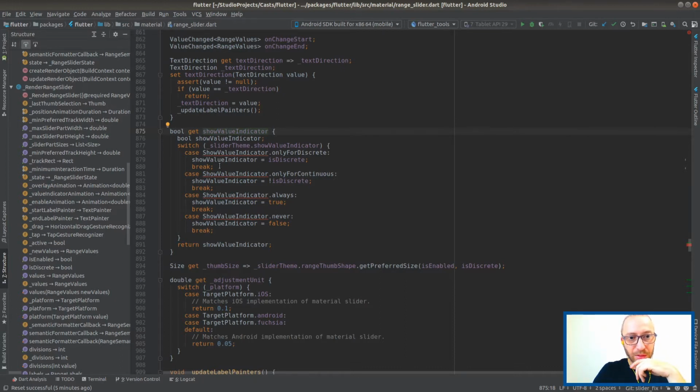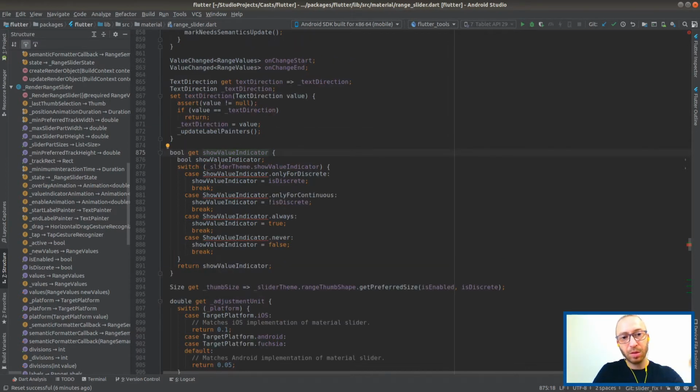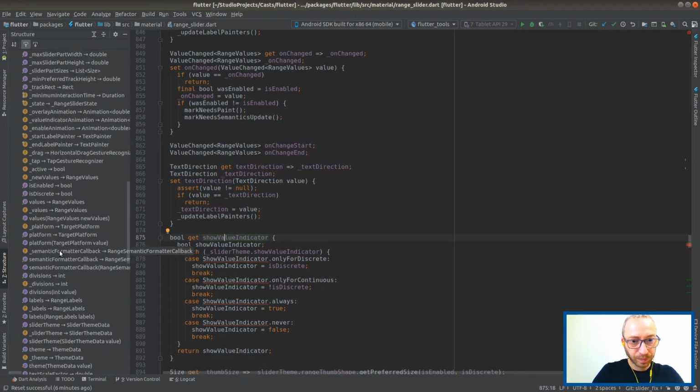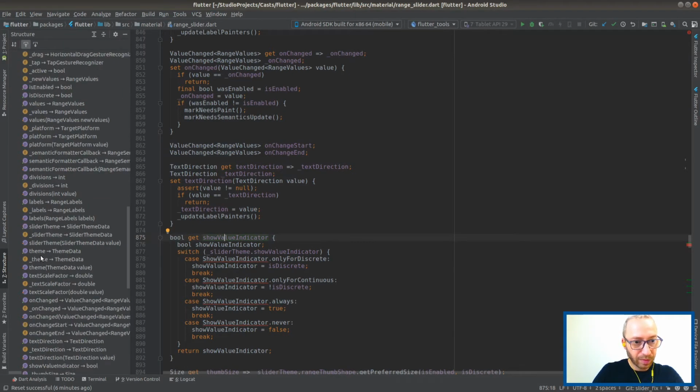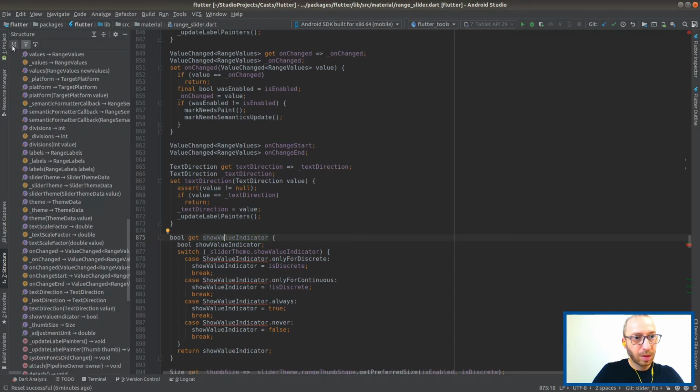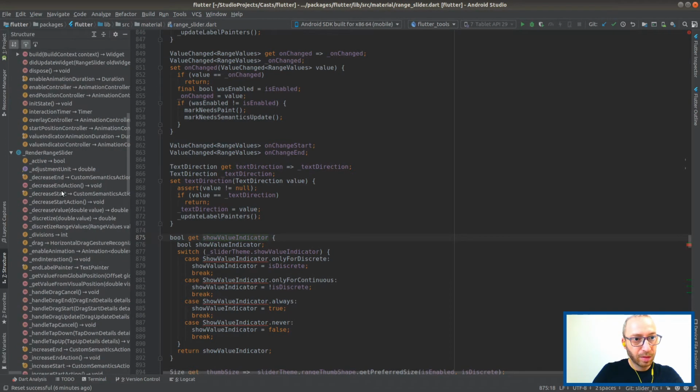How is it used? Because we do still want. So we show the value indicator if the label exists, right? But just the fact that it doesn't have the label over here is a bit weird. Let's see if I can find it. Let's do it alphabetically.